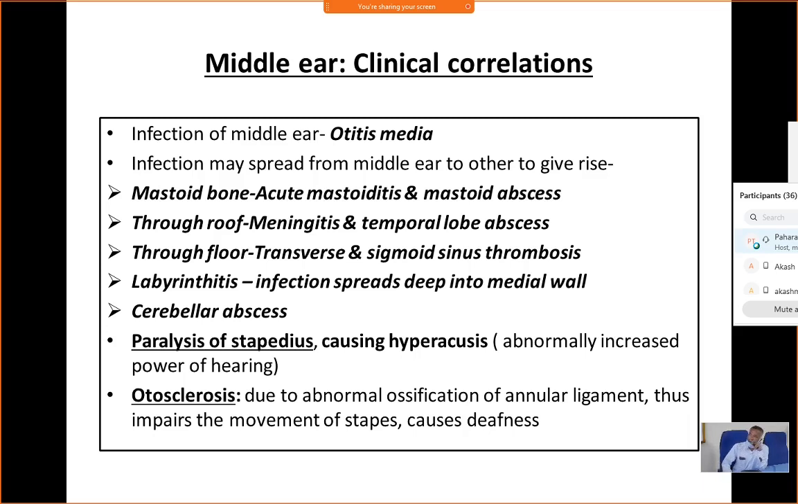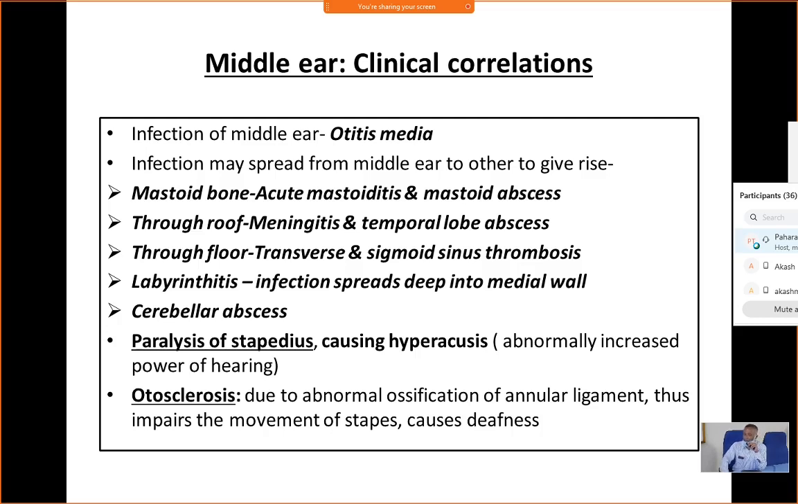Infection of the middle ear. If there is an infection in the external ear, then we call it otitis externa. But if it is an infection of the middle ear cavity, then we call it otitis media. It may be of two types, one chronic, one acute. Acute means when it occurs suddenly, then we call it acute otitis media. If it is for a long duration, then we call it chronic otitis media, which is more common in